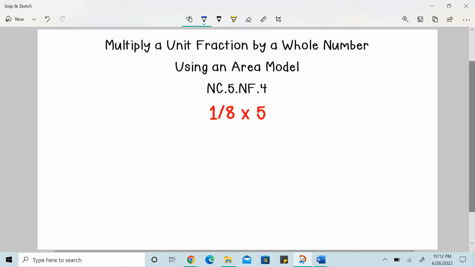In this video, we will look at multiplying a unit fraction by a whole number using an area model. This standard extends students' work with multiplication from earlier grades. In fourth grade, students did multiply unit fractions by whole numbers, and they also spent a lot of time looking